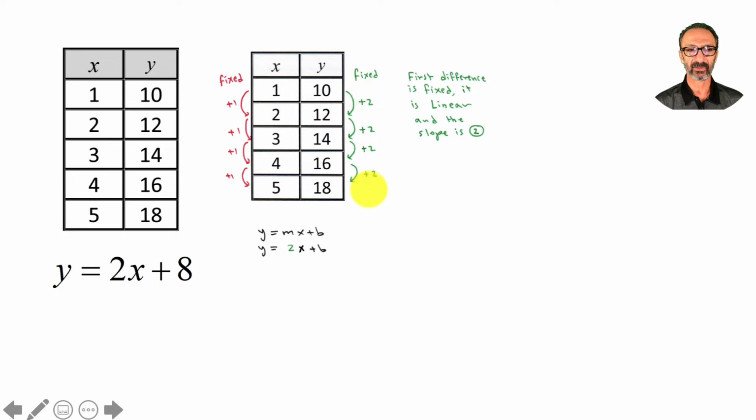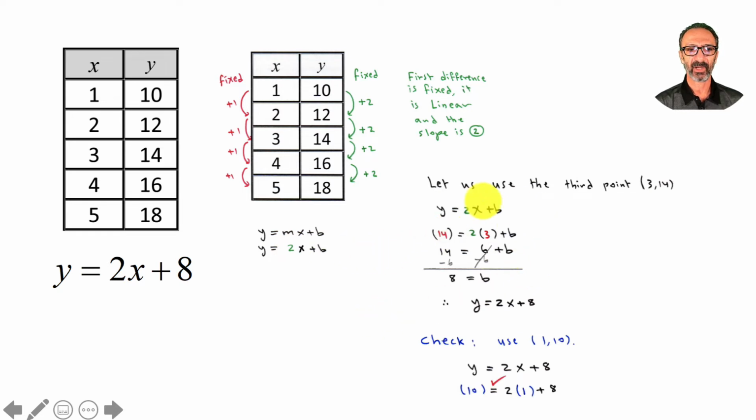So it is fixed. Once you have it fixed from the first time, first difference is fixed, we call it linear. But not only that, you see this number 2? It's actually the slope too. So now we know the slope. We know it's linear because its first difference is fixed. And we know the slope. To find b,